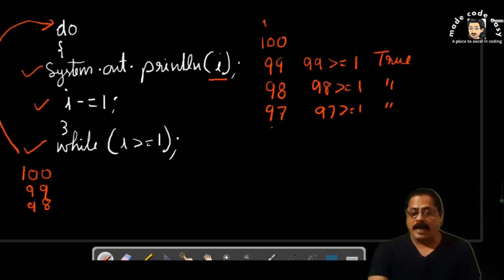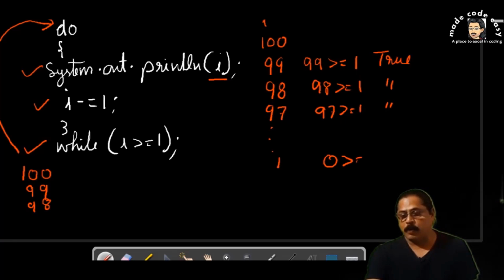And this way it will continue. When the value of i becomes 1, 1 is printed out, then it becomes 0. 0 greater than equal 1, false. Loop is terminated. So 100 to 1 is printed out.